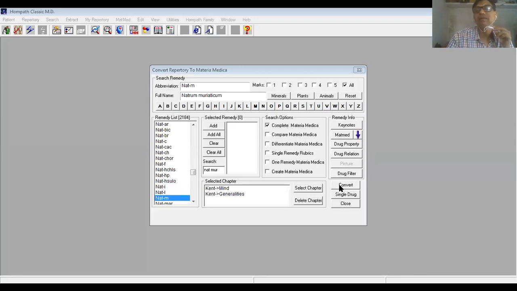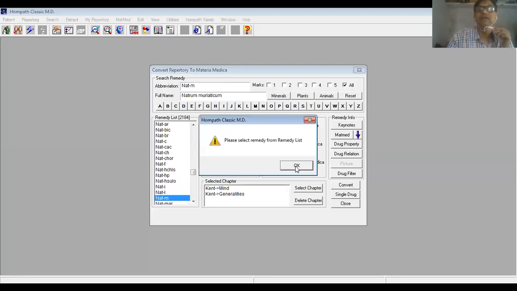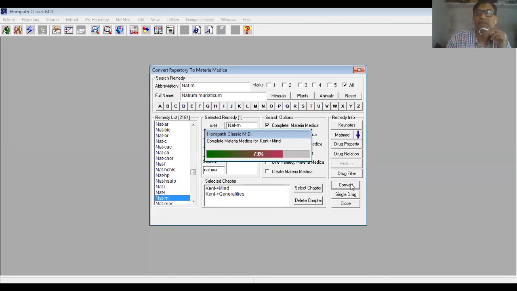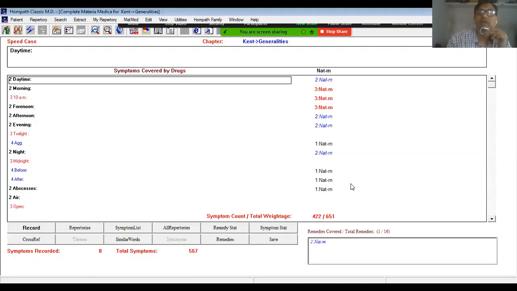Then I click on this convert button. Everything related to natrum-mur from the mind chapter and from the generalities chapter will be available. This is the process which is going on. It takes hardly a few seconds,